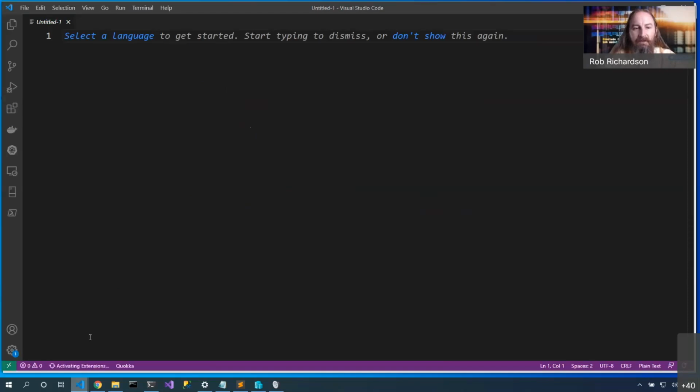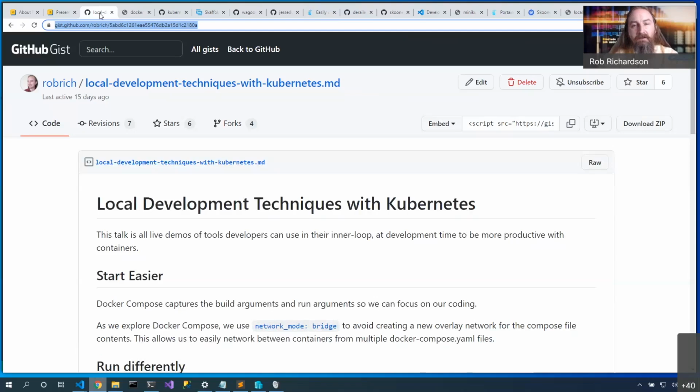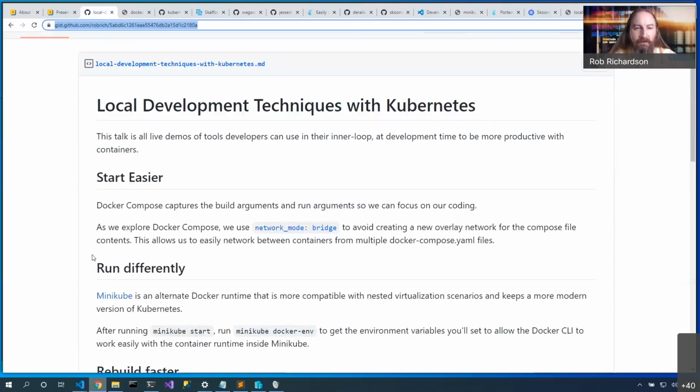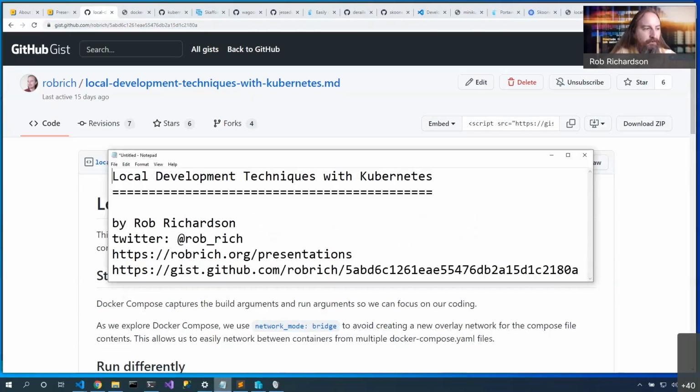Now this has been really cool, being able to visualize content inside of a container, visualize clusters in interesting ways, to be able to debug inside of a container, and also to be able to start containers easier. You can take a look at all of the tools that we've seen here on this gist and grab this gist really easily from robrich.org, or I'll put a link here in chat.